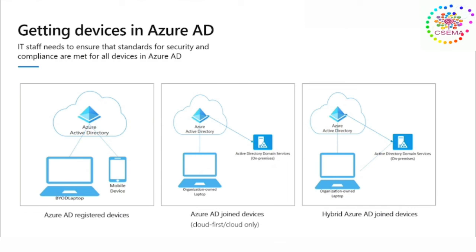The other kind of joined devices are hybrid. These are devices that are joined to on-premises Active Directory and registered with Azure Active Directory as well. In these scenarios, we will have devices that are being used across both environments for development, for API integration,